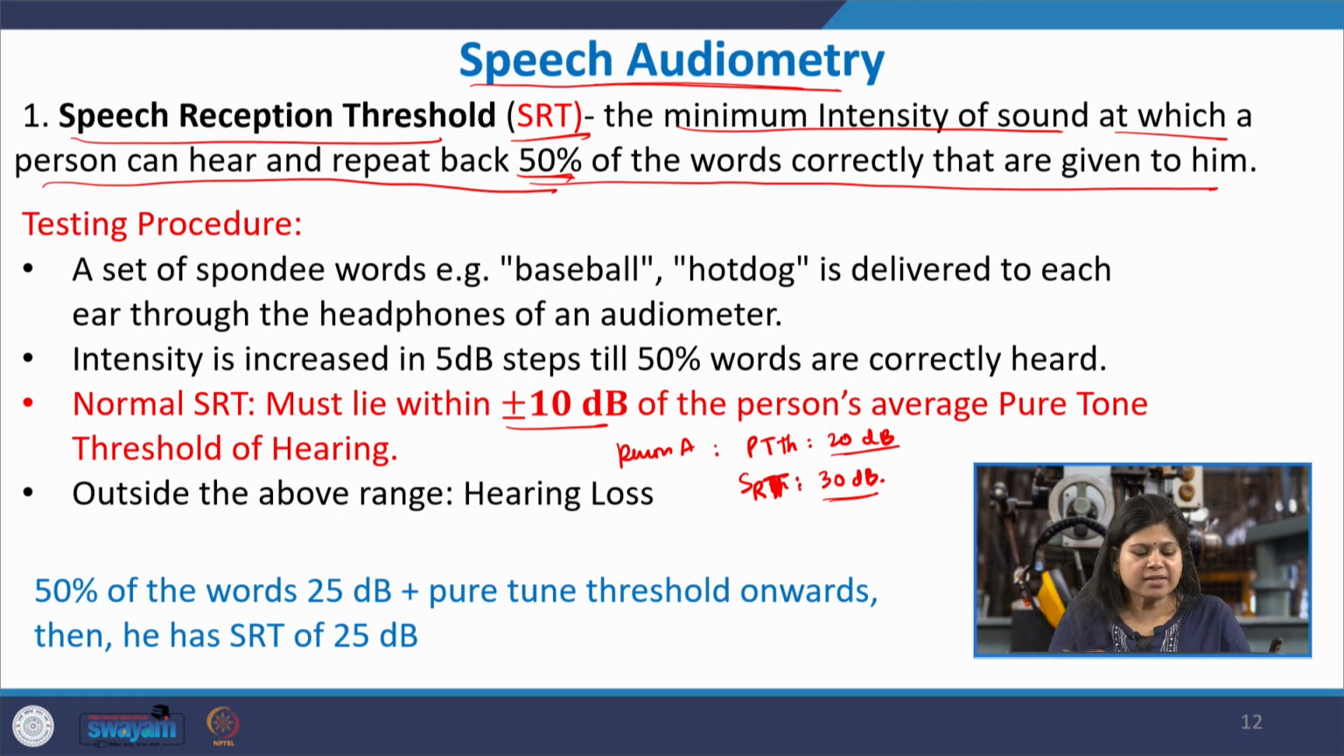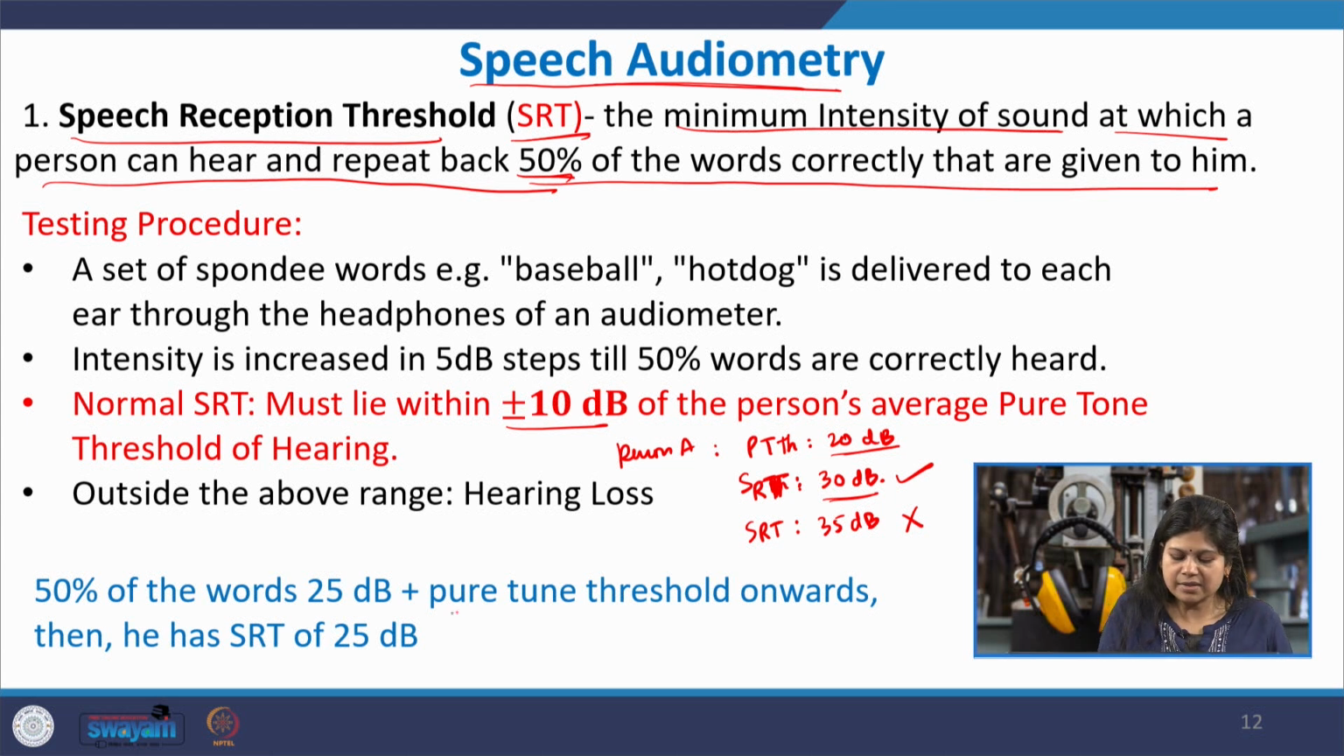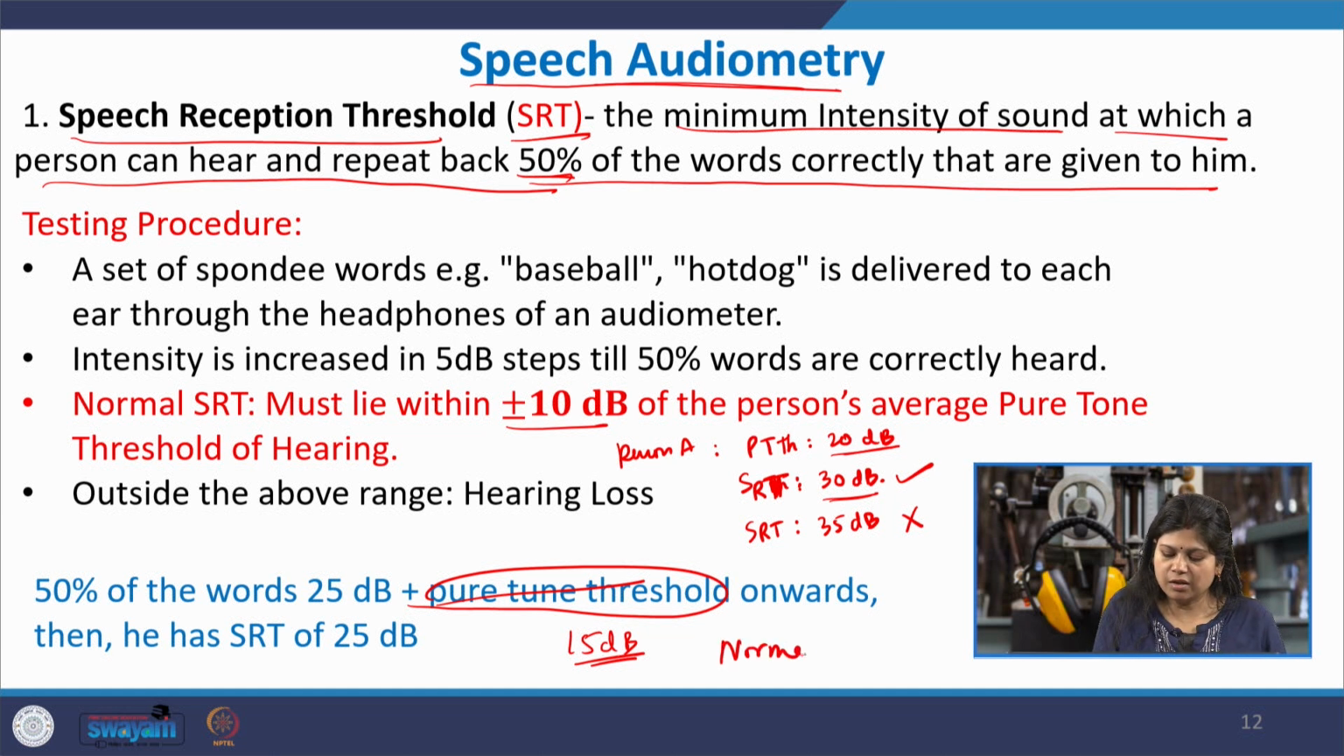So, this will be considered as a normal SRT value, but in case the speech recognition threshold came out to be 35 dB, which was more than 10 dB of its pure tone threshold, then this would be known as some kind of deficiency in the speech intelligibility and so on. So, let us say some person is able to repeat 50% of the words correctly from 25 dB onwards, then he has an SRT of 25 dB, and suppose the pure tone threshold was 15 dB, then again this would be considered as a normal SRT score,